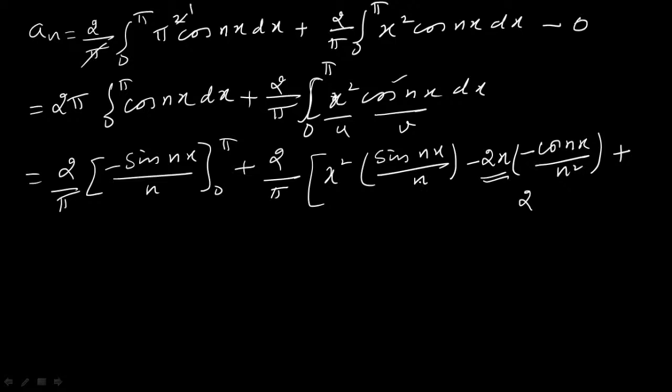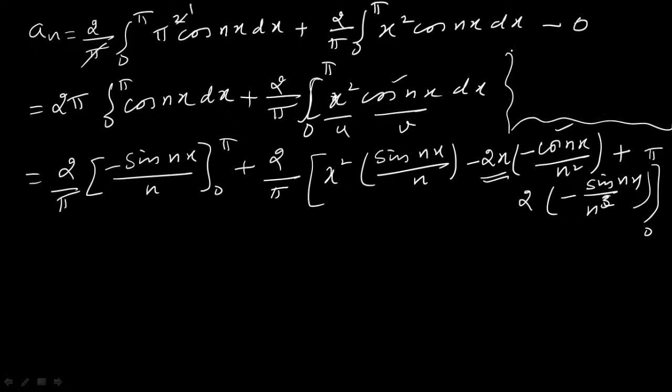U triple dash is 0, u double dash is 2, 2x is u dash, minus 1 by n square is constant. So integrating cos nx you get sin nx by n, already you have n square in the denominator, so that becomes n cube with the limit from 0 to pi. Okay, so if you don't know how to integrate this directly by making use of the formula,